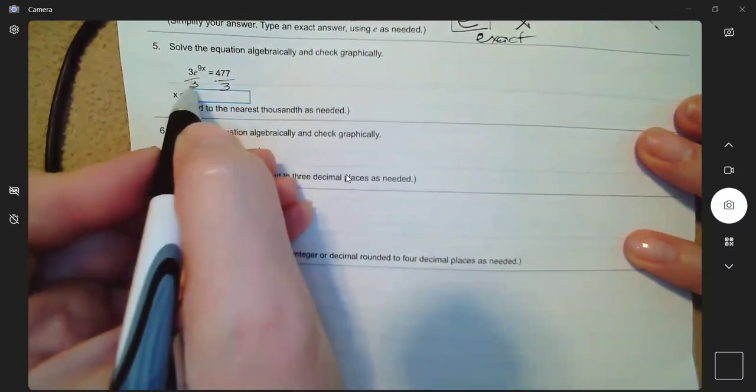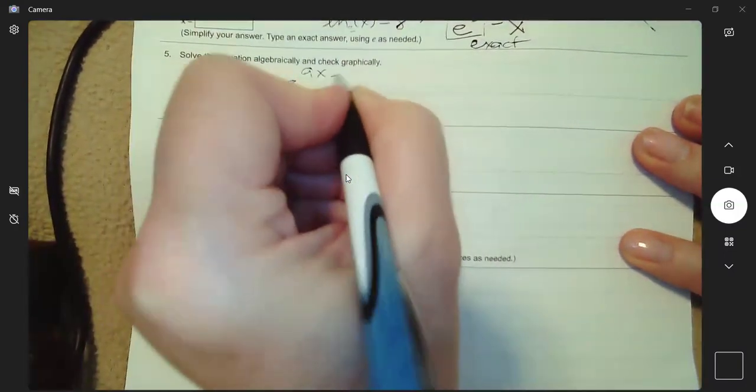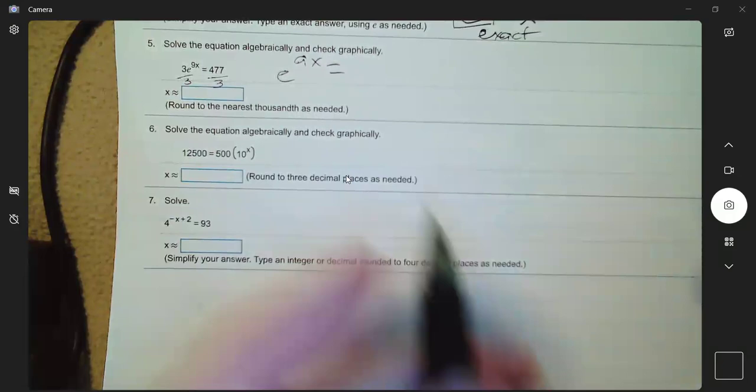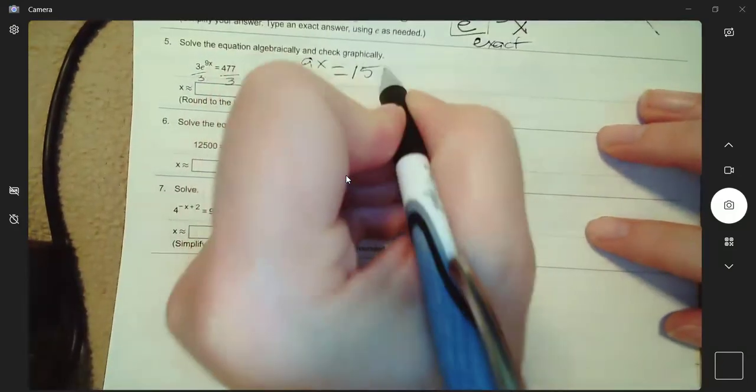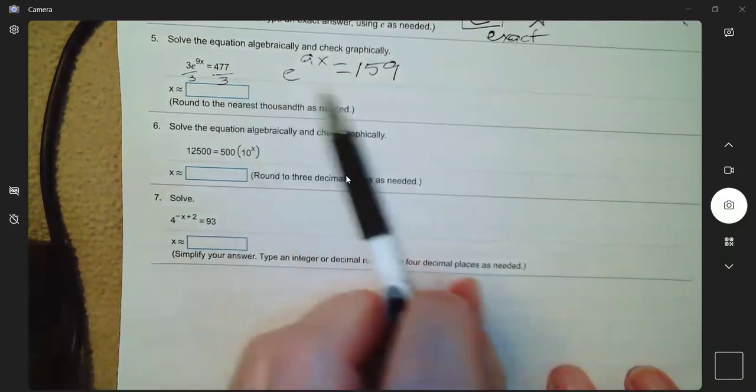So I need to undo times by dividing. Okay, so I'm going to do e to the 9x equals 477 divided by 3. I'm not going to try to do that in my head. I probably should. But 477 divided by 3 is 159. Okay. That time it was okay to use my calculator to do 477 divided by 3 because it came out